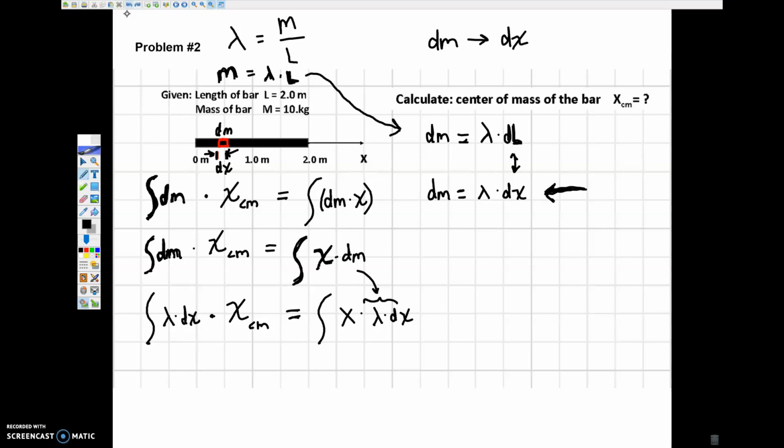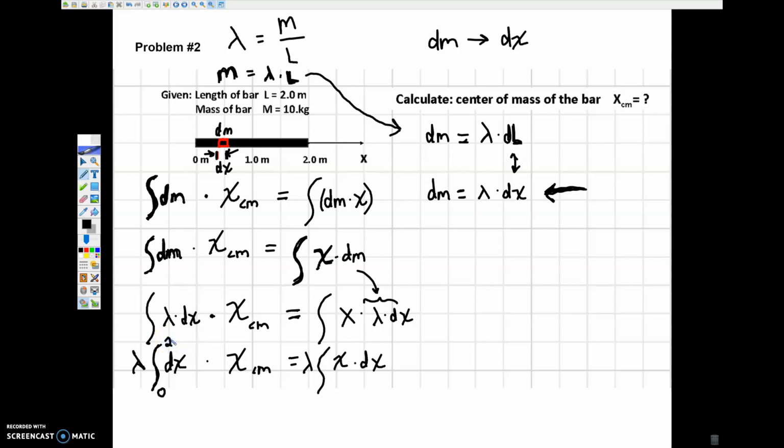Now, I'm just going to change the order of x and lambda because it's a constant. And if I want, I could actually pull these constants out front. Lambda is just a constant in this problem, so I could pull it out in front of the integral sign. So I have lambda integral dx times the x center of mass equals lambda x dx. And I'm going to be integrating these from 0 to